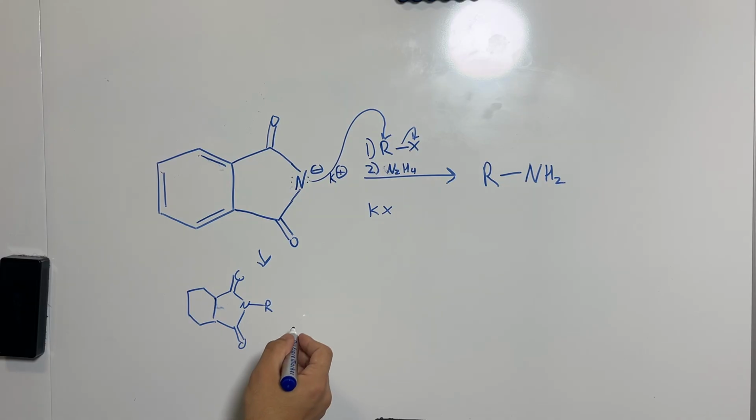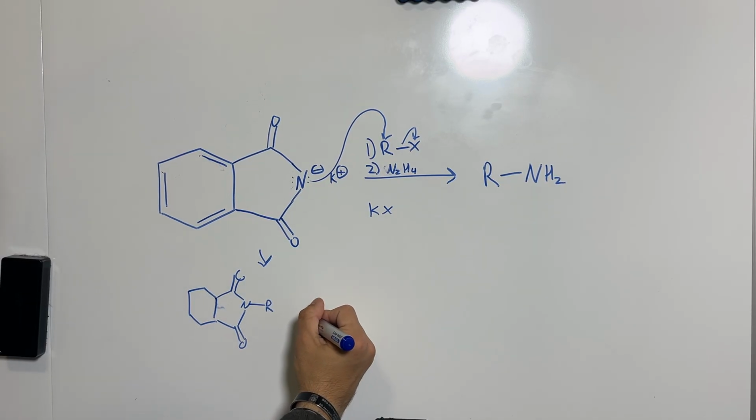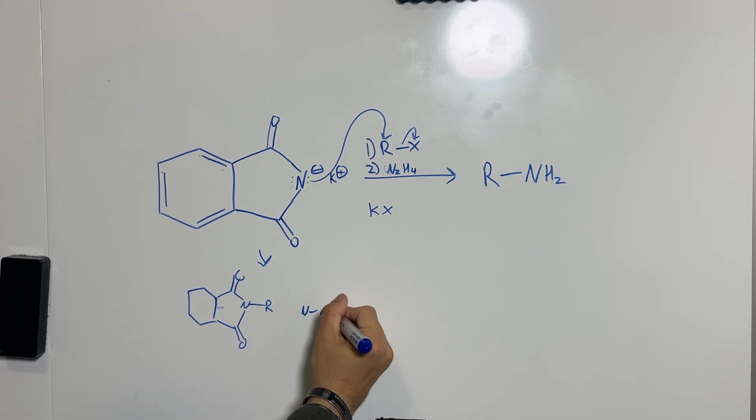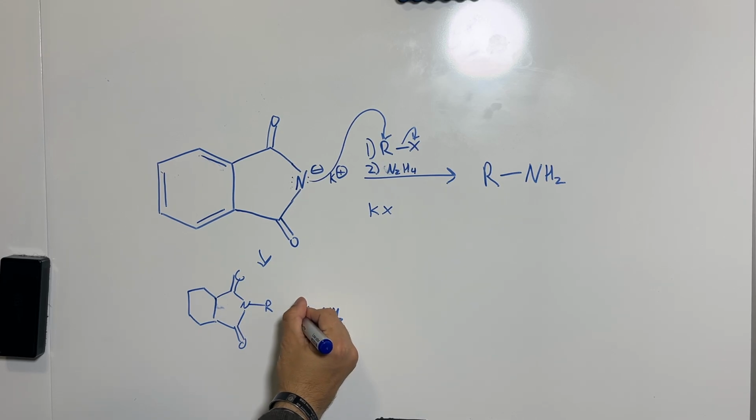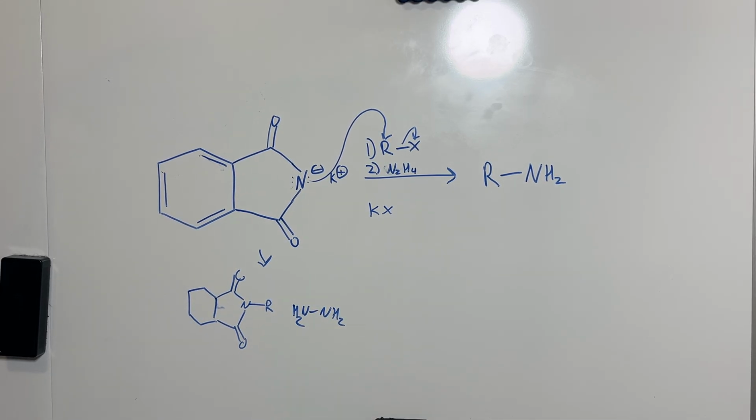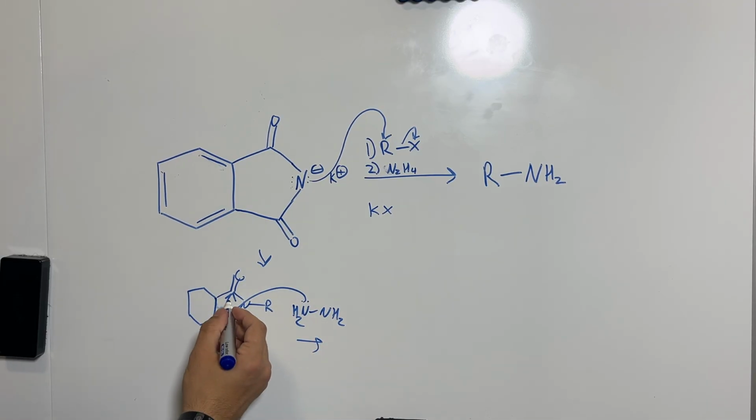Then we have hydrazine for our next step. So what happens is hydrazine looks like this, by the way. Two NH2s bound to each other. So what's going to happen is one of these is going to nucleophilically attack the carbonyl carbon of our imide here. So it's going to attack like this. We're going to get a structure here. We're going to crack this open a little bit,